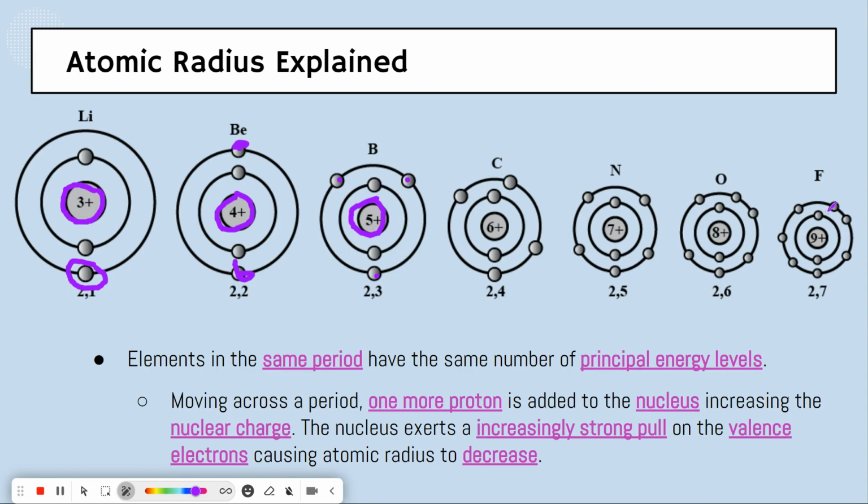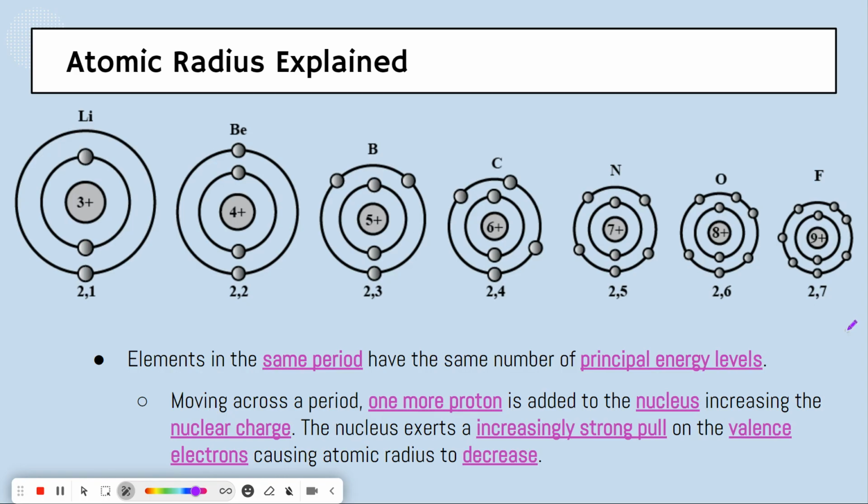As we get to beryllium, beryllium has 4 protons, so it's got an additional positive charge pulling those valence electrons, so it can pull them a little bit stronger. If we get all the way over here to fluorine, fluorine has 9 protons in the nucleus, and that means fluorine has a lot of positive in the nucleus, and that's a very strong pull